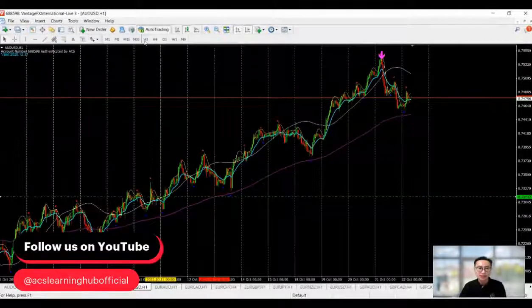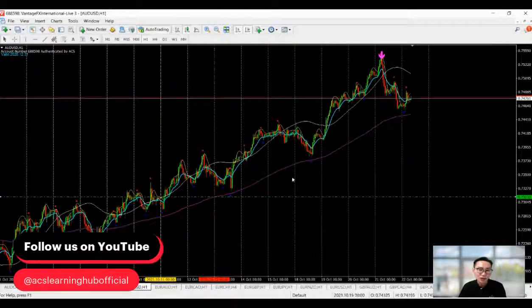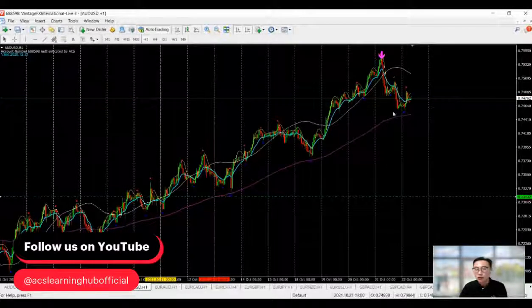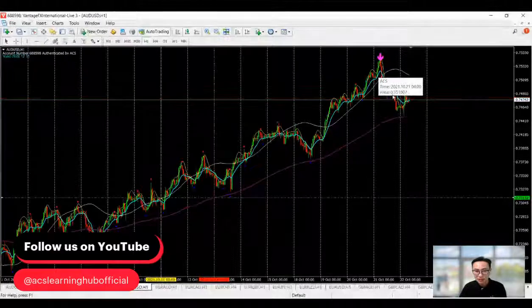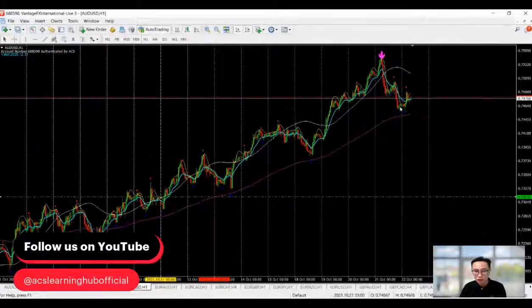Because as you can see, tentatively right now, it is still trending up. Yesterday I shorted because it was retracing back to the bear, but it's not strong enough, you see. It's still hitting on this average here to move up again. So tentatively, Aussie dollar, I'm going to skip it for today.